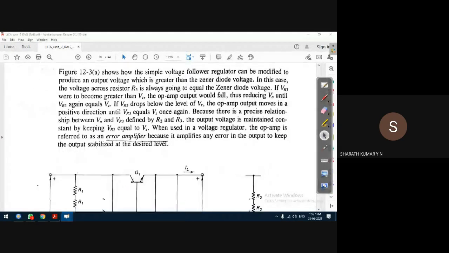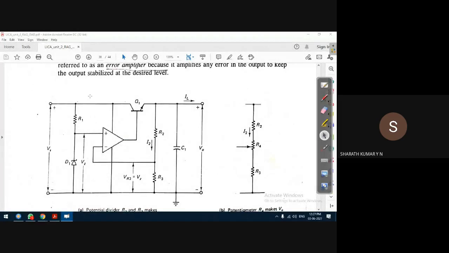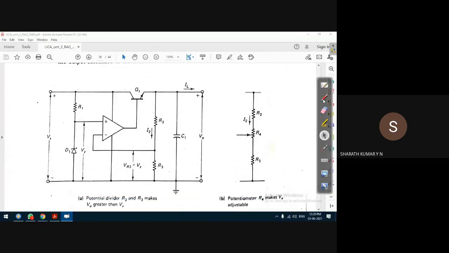For that, this is the arrangement. If you remember, guys, in the earlier circuit diagram, this capacitor was somewhere here. The capacitor was here. So this is the other possible arrangement. Here we have a resistor R3 in place of the capacitor, across which there exists a voltage VR3. What is this voltage equal to? We know that the op-amp is acting as a voltage follower circuit. So the input voltage is VZ, and the output voltage is also VZ.